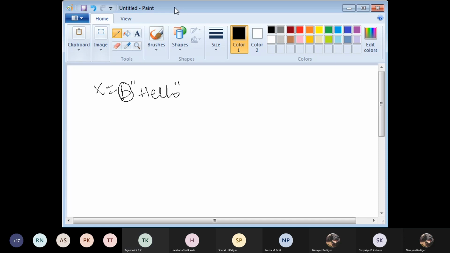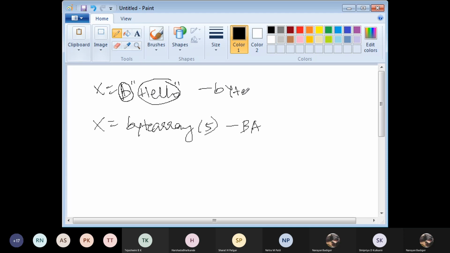Okay. Now, if I specify a size over there, then I will be calling it a byte array. For example, x equal to byte array of 5. Now I can call that this is a byte array. When I have a single value with b, it will be of data type byte. Now, just to know this, I will declare x equal to this, then print type of x. What will be the output?